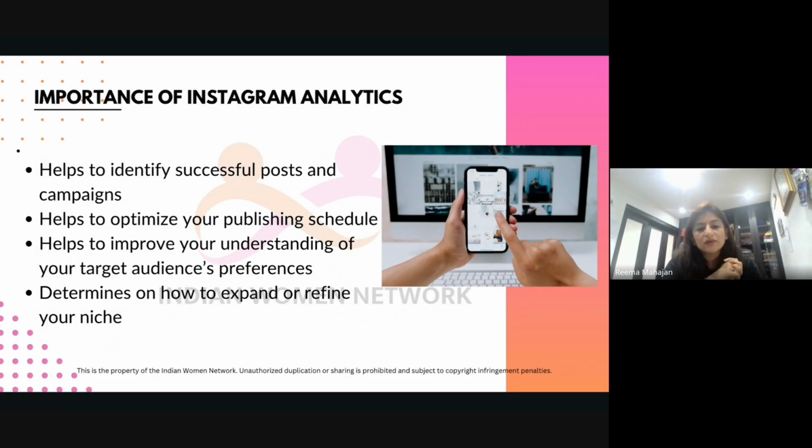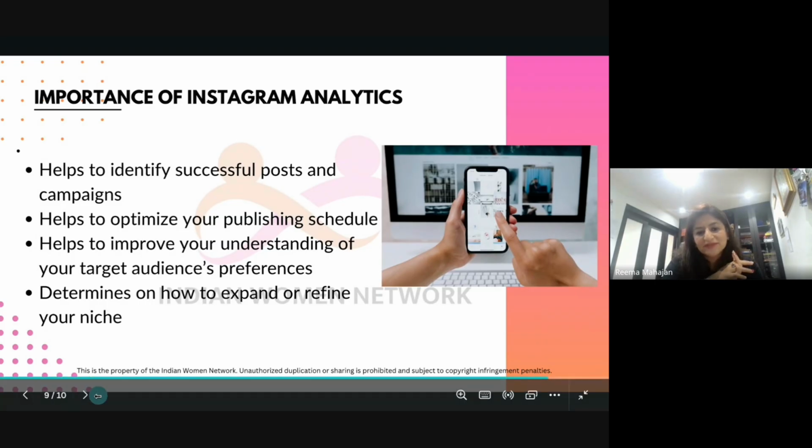It helps you talk about your publishing schedule. So we've talked about the when. I think for me, the most important thing in the follower dashboard is the hours of posting. That's the most important thing. It helps you understand your audience and align to it, and it also helps you expand your niche, right? Brilliant. So we'll